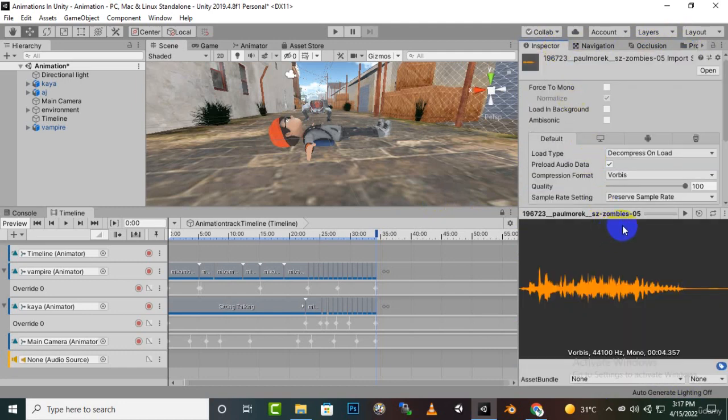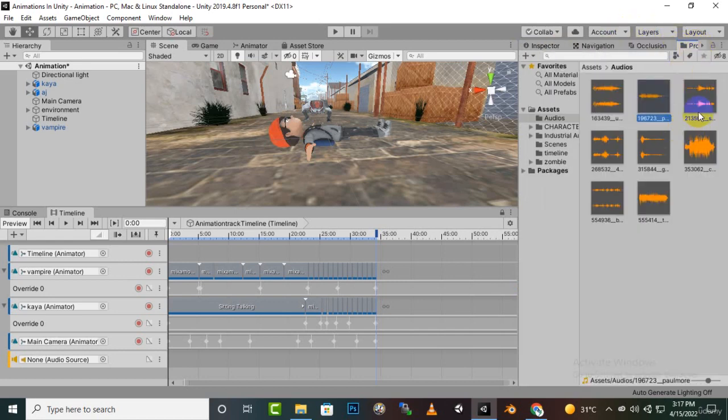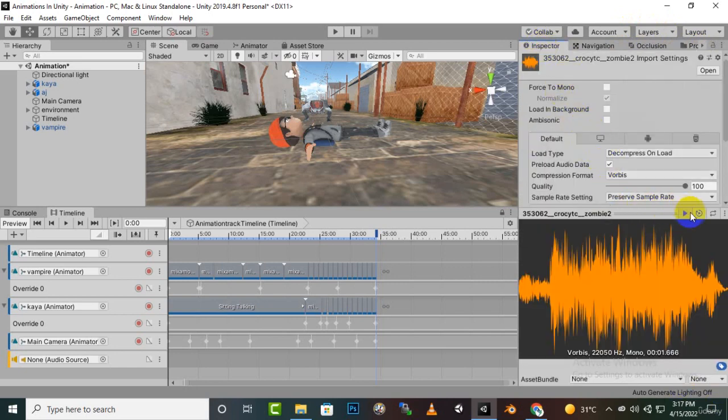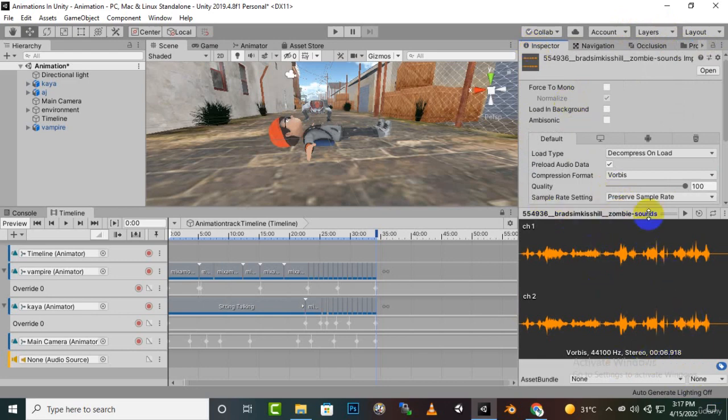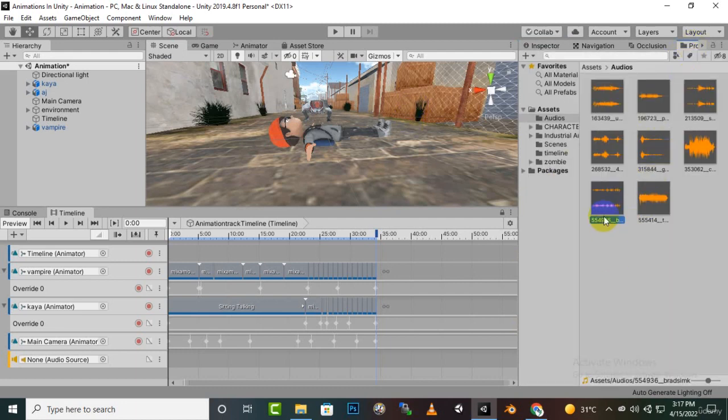Let's select some crawling sound. Okay, this one I think. Yeah, this one we can add for the crawling, I think. Okay, so this one is good, so let's add this one here, and if we play,